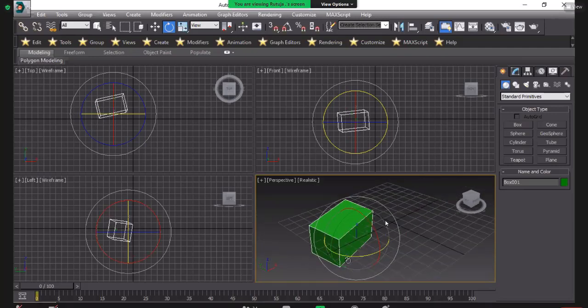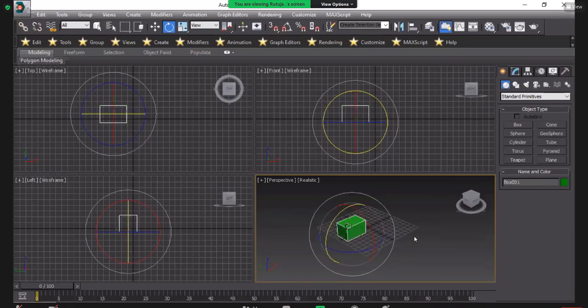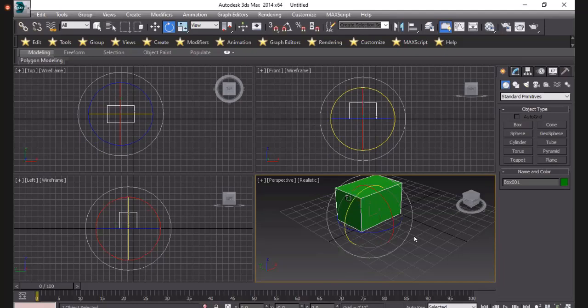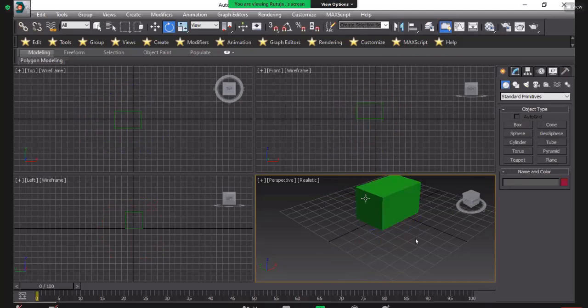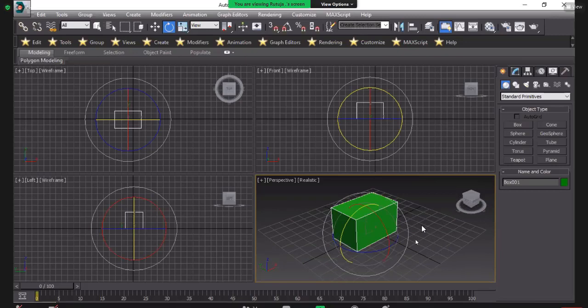If you want the same state as previous, then you can simply tap on Control Z, which you can use in every software as an undo command. So tap on Control Z, and it will go back to the former state.